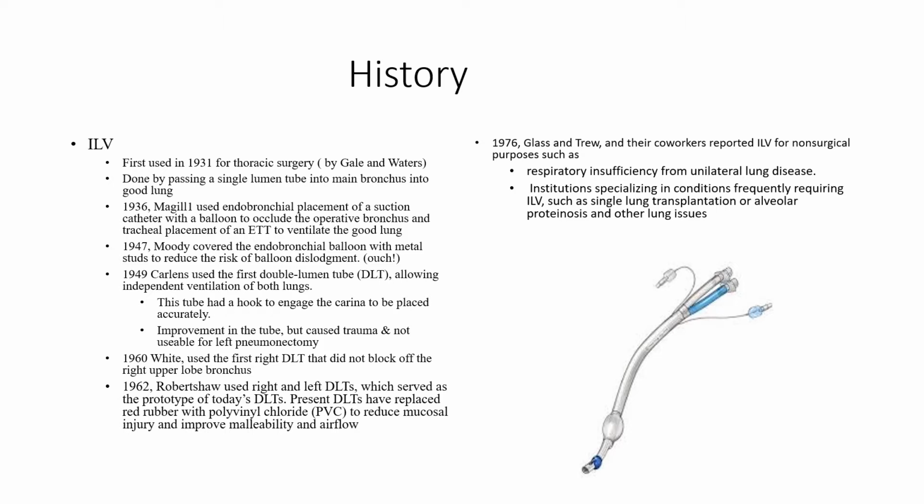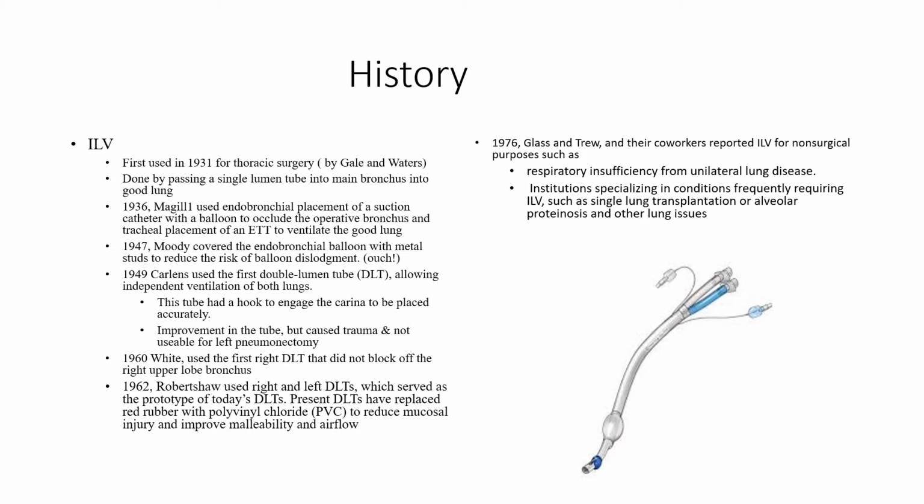In 1947, Moody covered the endobronchial balloon with metal studs to reduce the risk of balloon dislodgement, which, yeah, sounds terrible. So in 1949, Carlens used the first double lumen tube, allowing independent lung ventilation of both lungs. This tube had a hook to engage the carina to be placed accurately. Although it was an improvement of the tube, it caused trauma and was not usable for a left